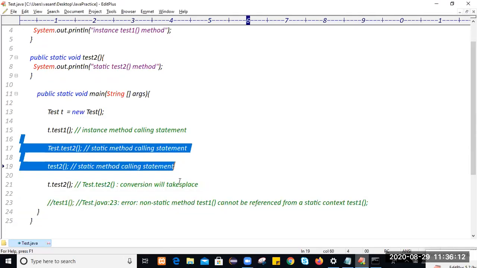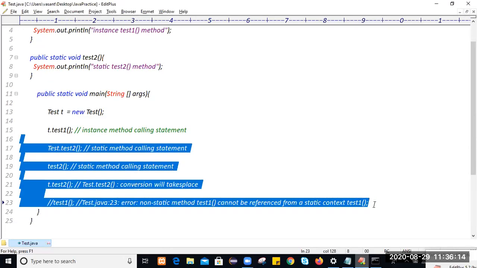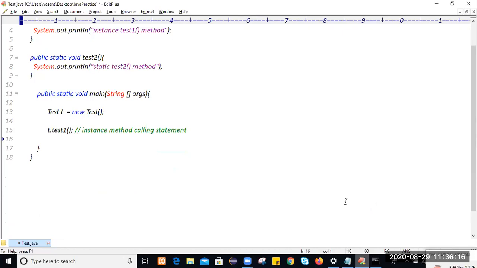So our execution will always start from the main method. Always remember that your execution will always start from the main method, and your execution will always end at the main method.